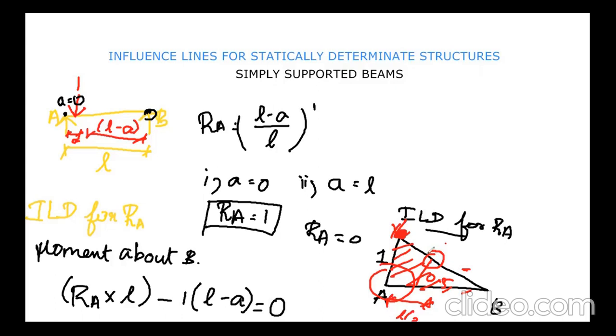So the moving load does not stand in one point. It is moving from one place to another place. Here we are going to find where the maximum influence is going to occur because of that moving load. That is the important thing we are going to learn about this influence line for reaction at A. Okay. Next, we are going to discuss the influence line diagram for RB.